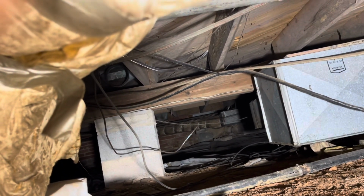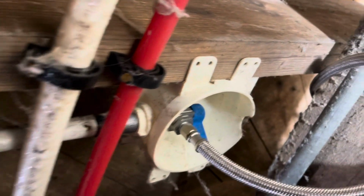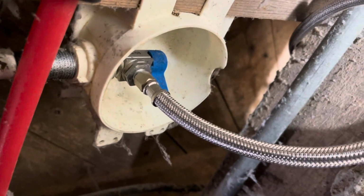I'm just glad we did it, because we had been here for a while and never had it hooked up. We got a new refrigerator, and so they wanted it hooked up. We got the ice maker and everything in the door, so